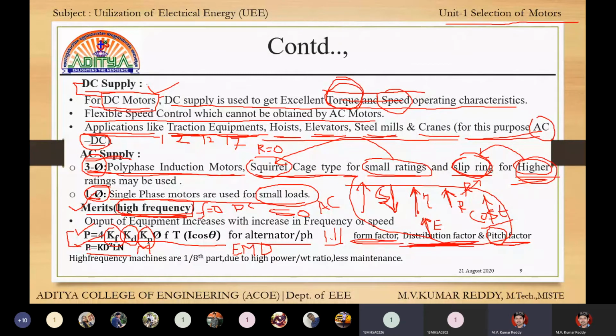The second formula is for motors. P is equal to K D square L n. Here K is the constant and D is the diameter. L is the